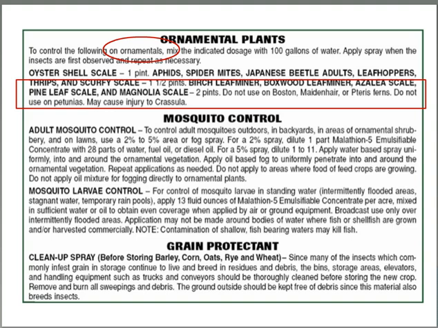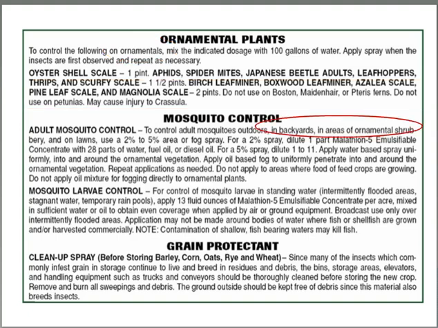This insecticide is labeled for both adult and larval mosquito control. Be certain to read all parts of the label. For mosquito adults in backyards, it can be applied to ornamental shrubbery and lawn, but it has precautions about food and feed crops and concerns for using oils on ornamental plants. It can also be applied to standing water to control mosquito larvae, but again has important precautions about fish and